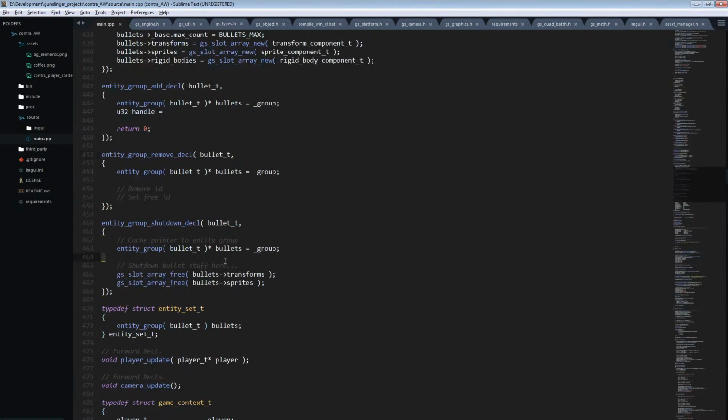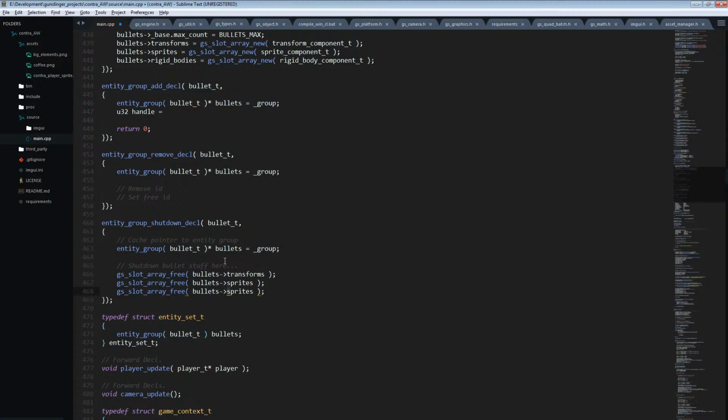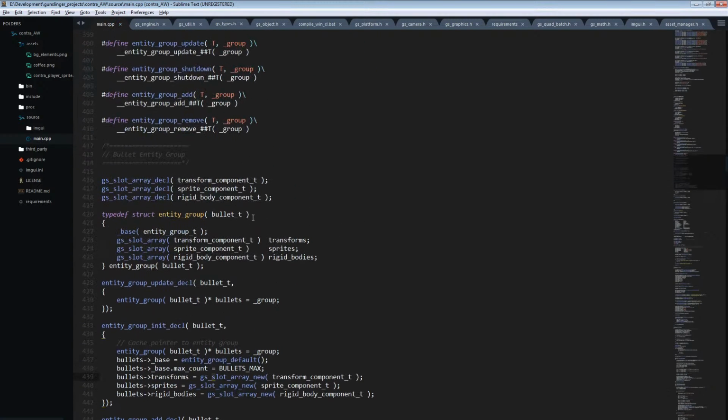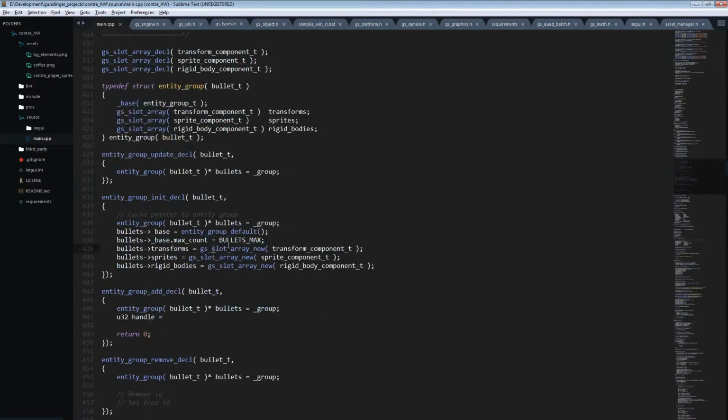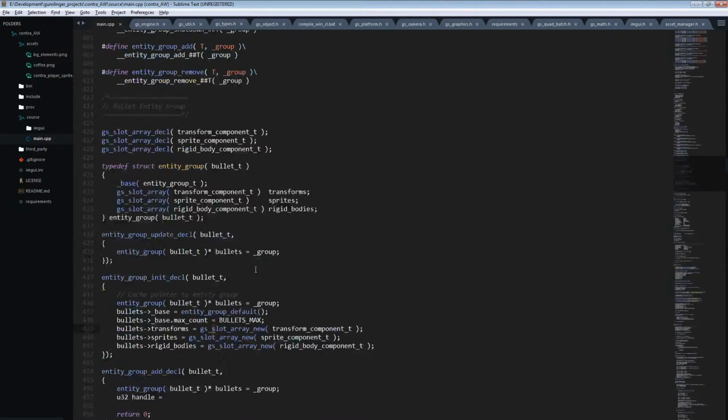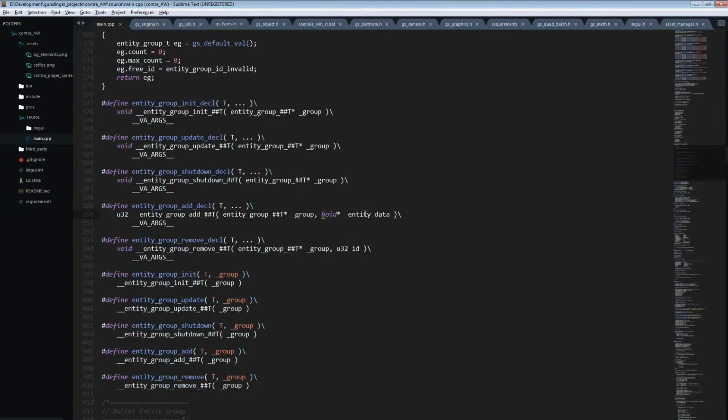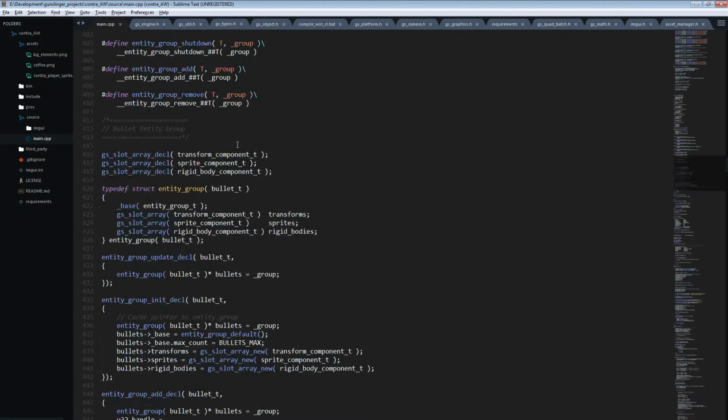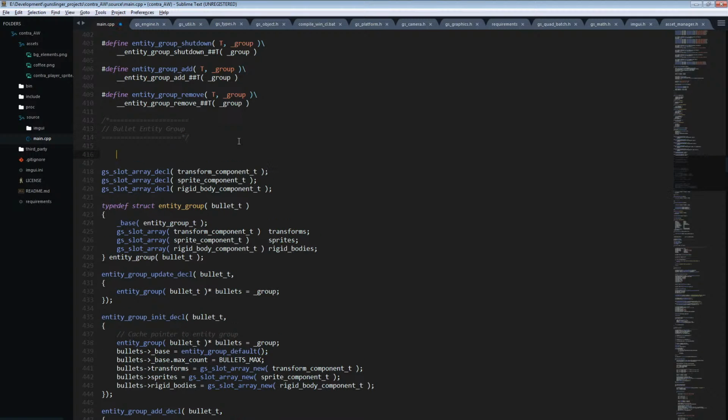Okie dokie. And then for freeing it. All right. Cool. And then again, when we're creating, we probably want to pass in some kind of entity data, and then we'll create a new transform. So let's do